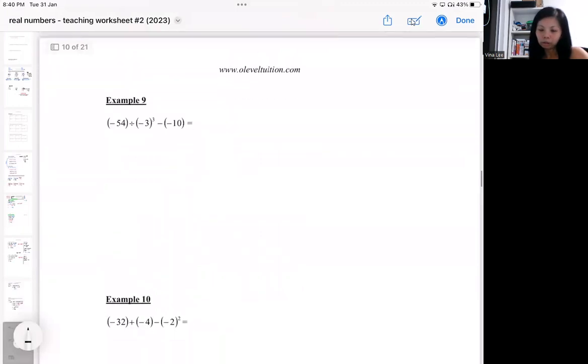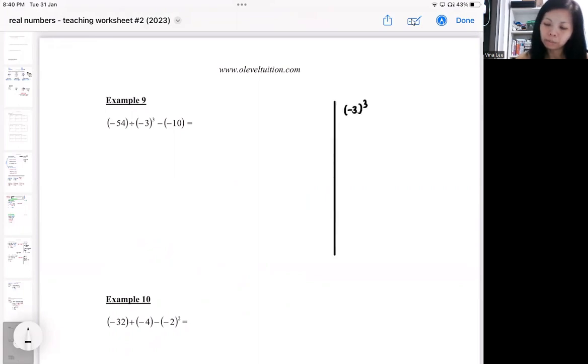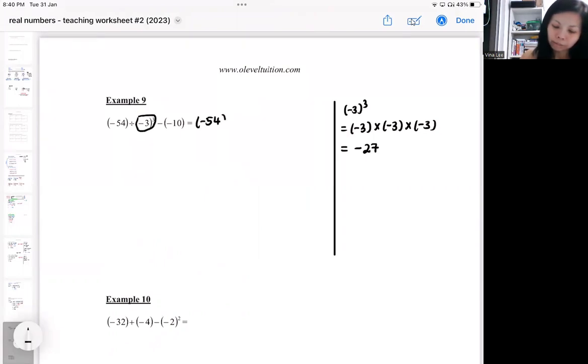So if you look at the next two, right, you have something called cube and you got something called square. So that will be the time that you better do a side working first. So -3 with a cube means -3 times -3 times -3. You can work it out or you just directly punch calculator. So I'm not doing anything first. I will always change out first. After I change out,